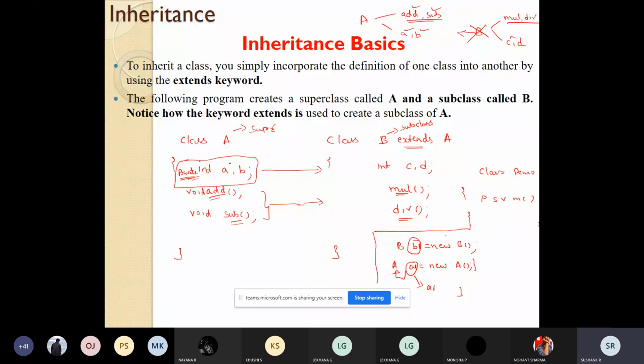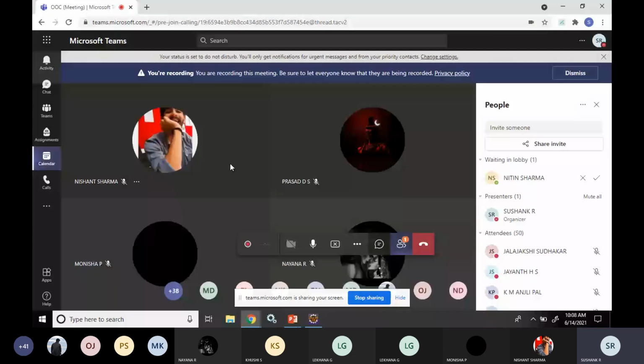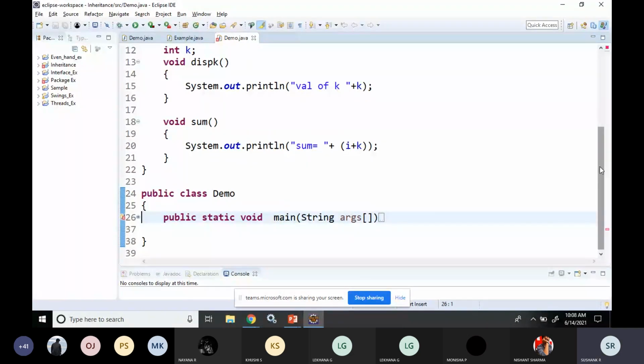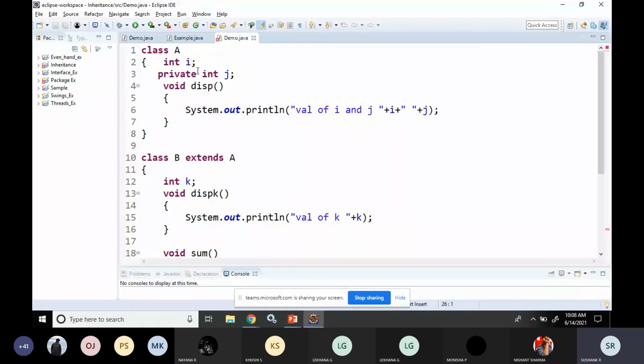In the last class also we had discussed the same concept with an example. So I'm just revising that. You can check in the program also. See here, if I remove this access modifier called private, class A contains two variables i and j, and it contains a display function.